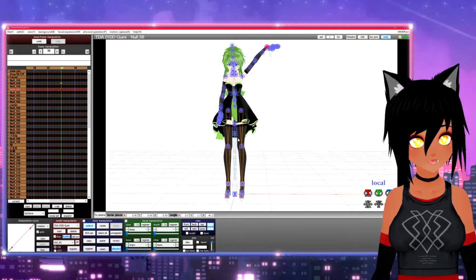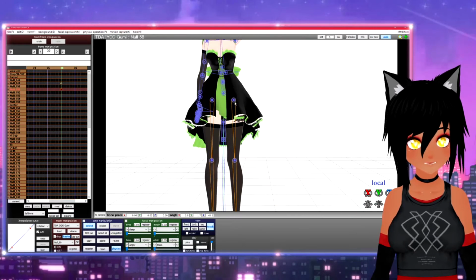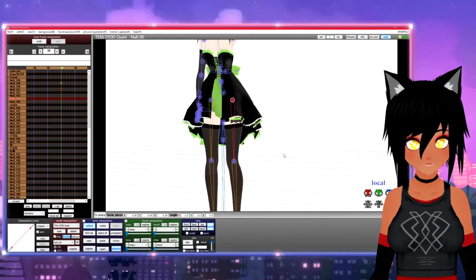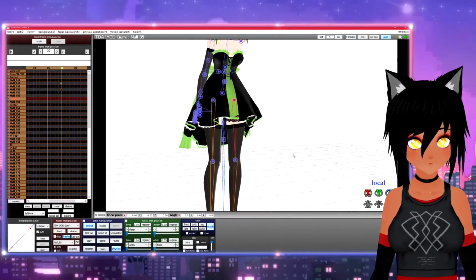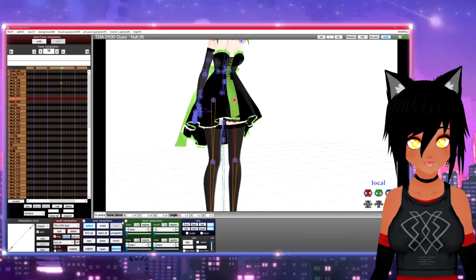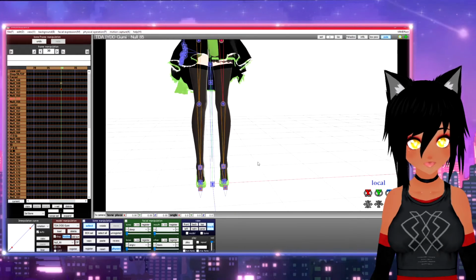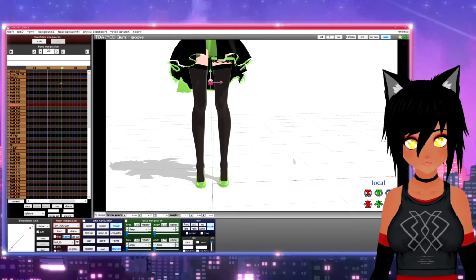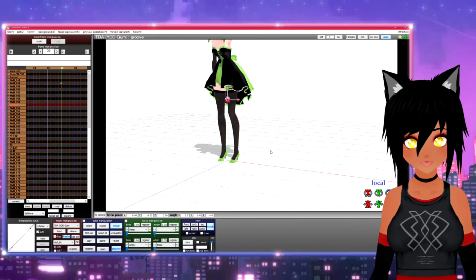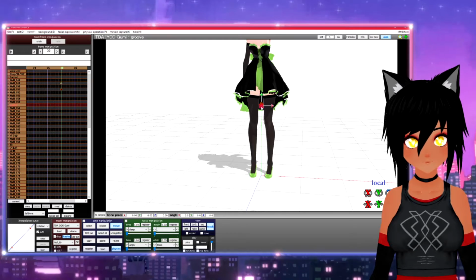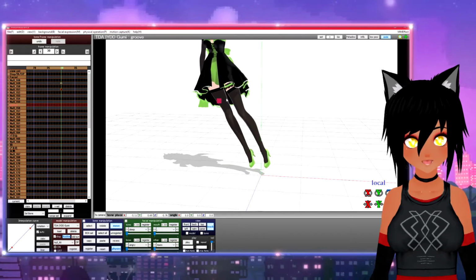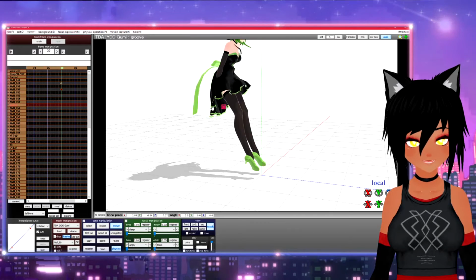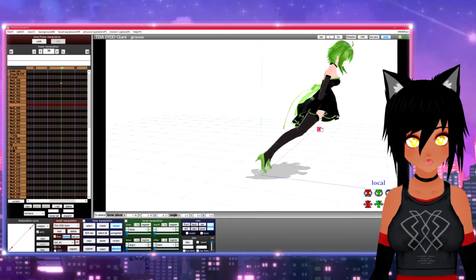Now if you'll notice, some of these points are squares and some are circles. If they're circles, that means these bones can be rotated, but they can't be moved. But the squares, if you click on it, you can actually click to move it. So you can actually move her body, and the parts just kind of get dragged along.